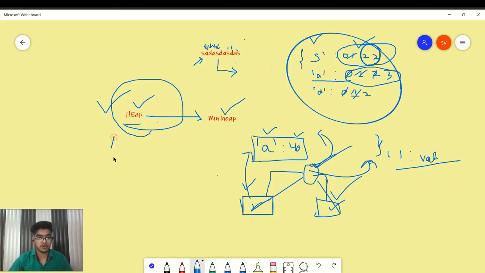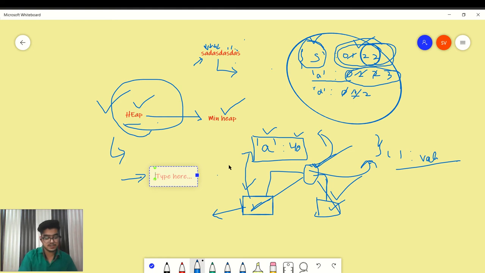What we have to do for heap, for every key we have a frequency, and we have to create a node. And that node contains what? I am saying it contains four things, which is value, frequency, left child, and right child. So we have four things that we have to create.